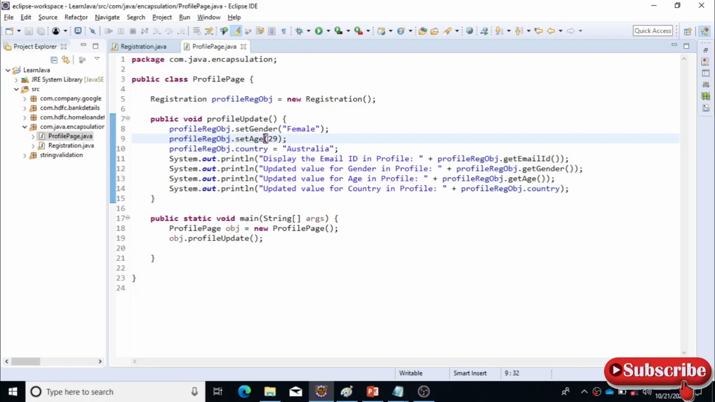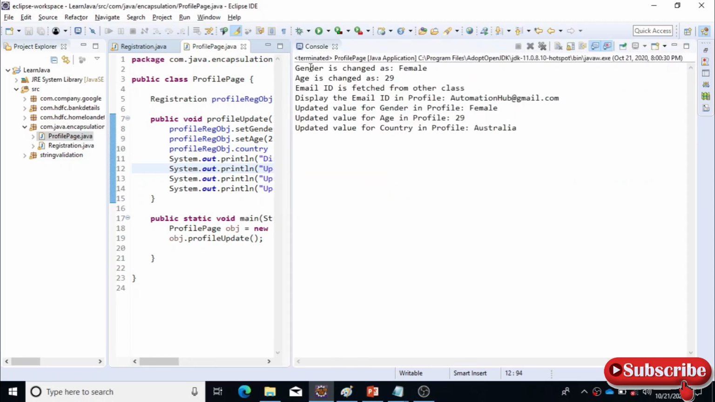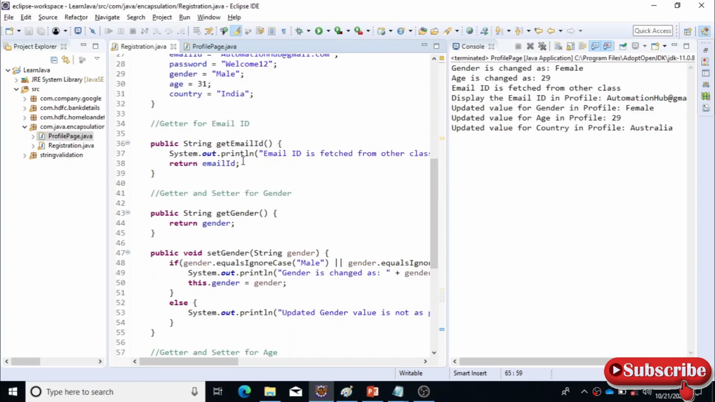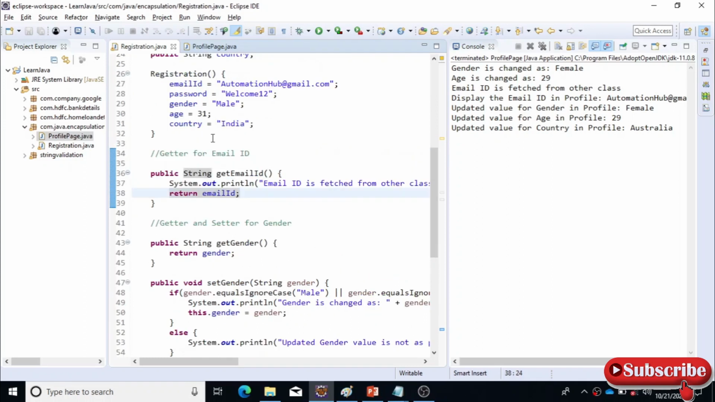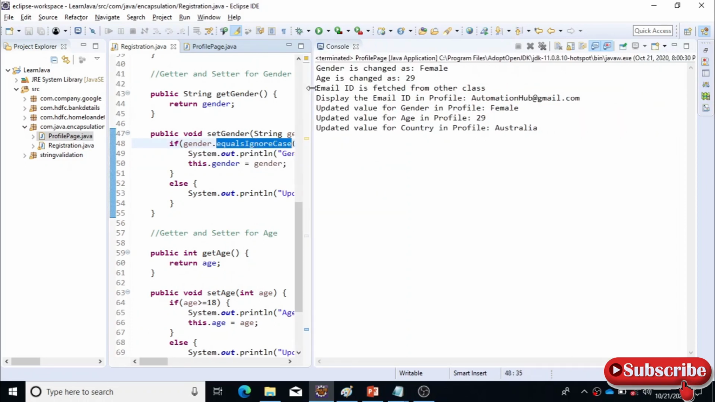So this condition gets passed, right? So it should get updated, and I will get this value which we are sending from here. Now I have run this program. See, the logs have been displayed here. Gender is changed as female, age is changed as 29, and email ID is fetched from other class. So the logs which we have mentioned in the registration are coming here. It will be easy for the developers to debug the code if someone is changing the variable values, and if they are changing the values based on the condition itself, you can debug it easily from other